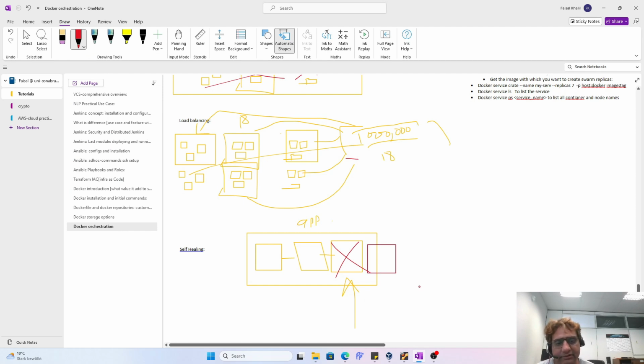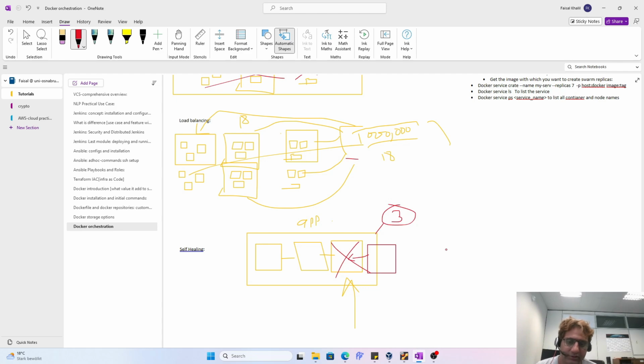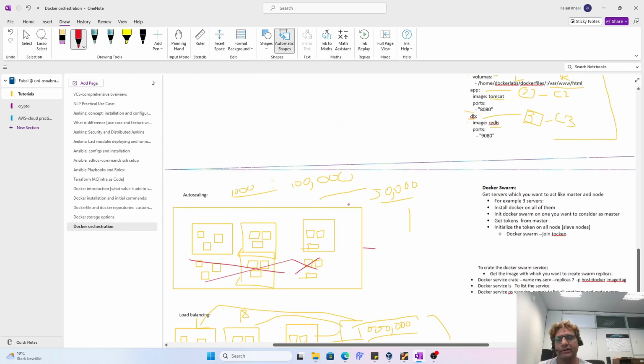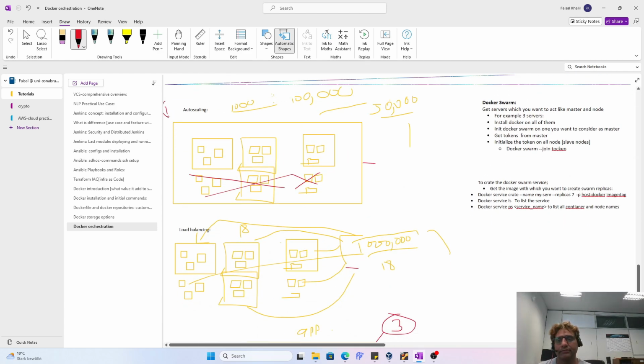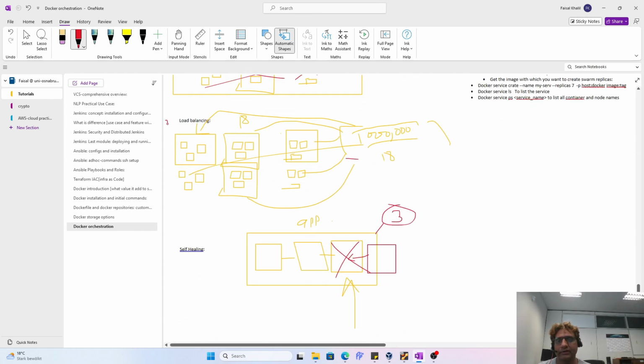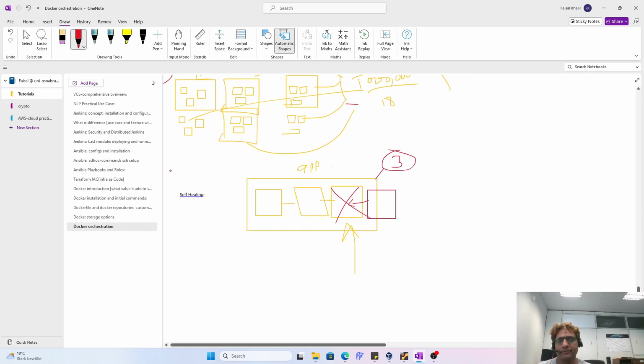And if this is gone, it just gets replaced by this one, and your system is still on replica 3. So that is the concept of self-healing, that if any container is destroyed for any reason, it gets replaced. It's really helpful. So these are the major three points where Docker